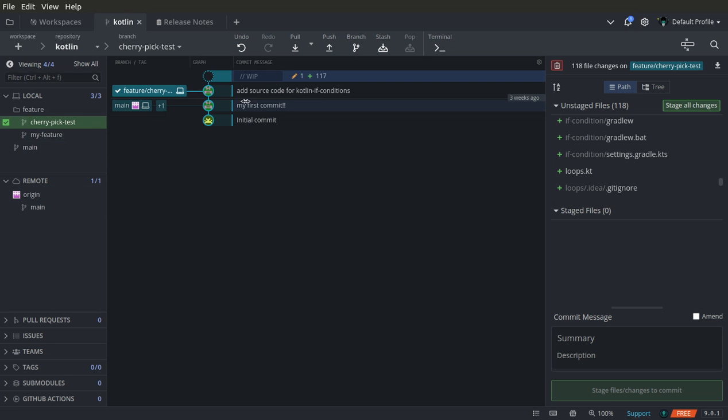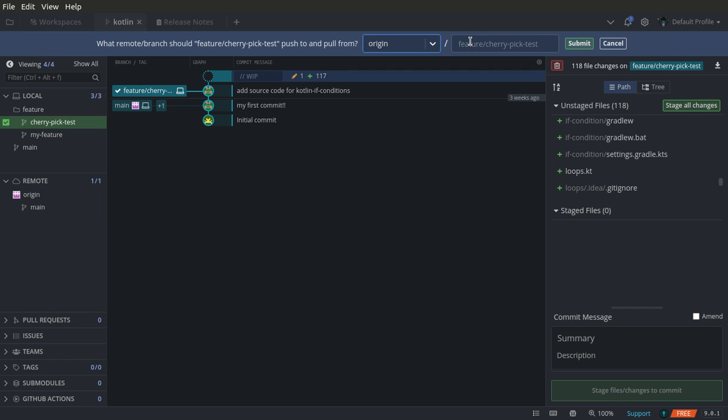It's not the remote branch, it's only the local branch. And then when I click push, you can see that by clicking push, I'll be pushing to my remote branches. And because right now I don't have my feature branch here, you cannot see it, but now I will be making it. So we write feature cherry pick